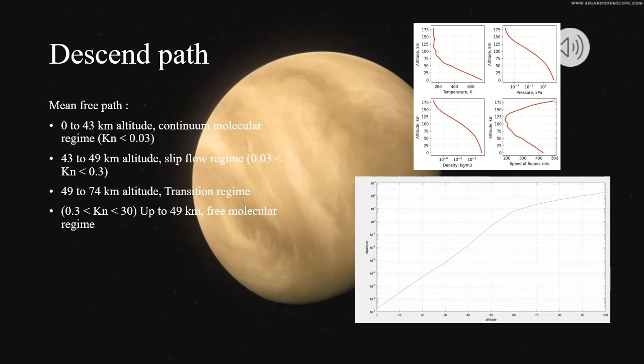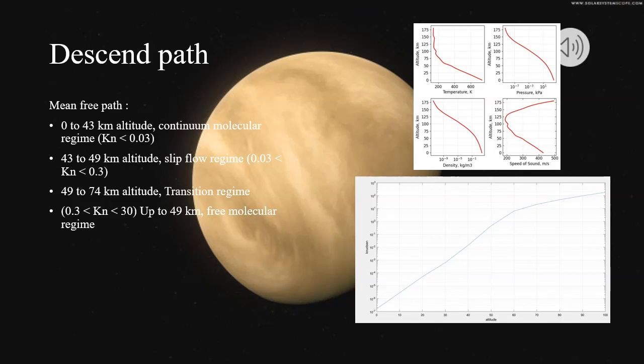When an object enters the atmosphere of a planet, it is submitted to extreme conditions, including a significant increase of temperature and pressure. These conditions can lead to physical and chemical change in the object, especially when it comes to molecular-based materials such as comets, meteorites, or spacecraft. So, it's essential to consider the molecular regime during atmospheric entry for several reasons.